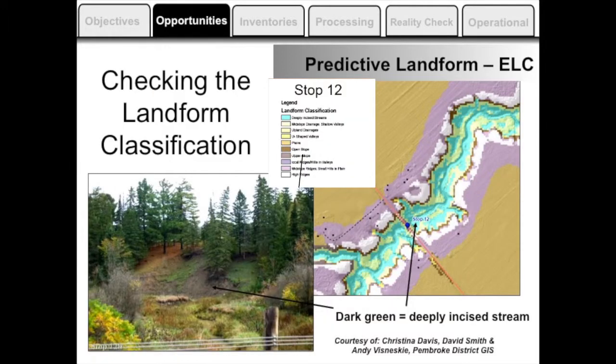But we have done a little bit of validation in some of these tools, and basically going out and checking some of the threshold points that the models have indicated on some of these streams, these deeply incised streams, and where the edges of some of these slopes are. And this relates also to hazard mapping as well. Some of these tools from the digital elevation model are at your fingertips.